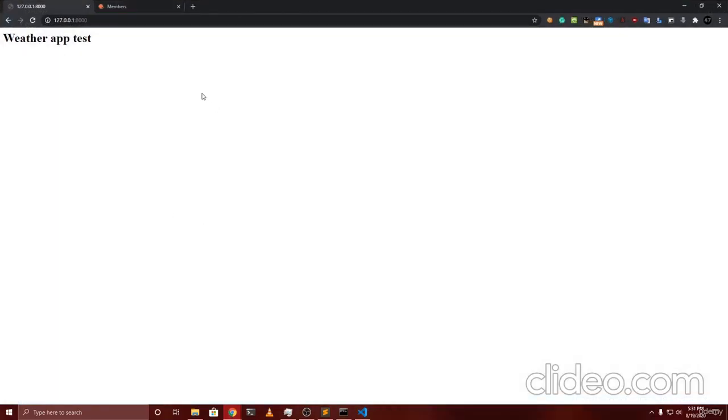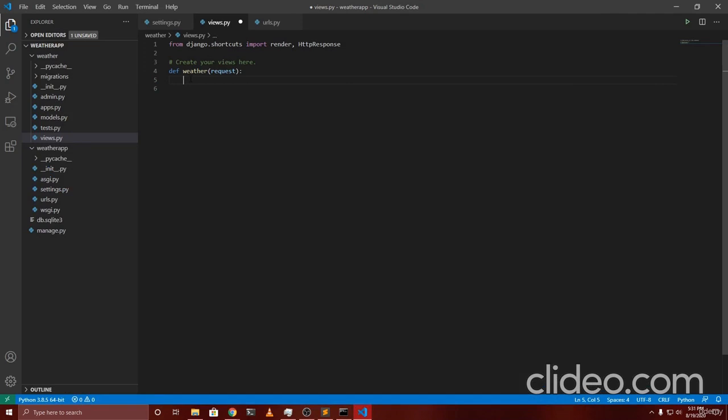For it, we also need to create an input box that will contain the name of the city, as well as we need to add a search button onto our front end. After clicking on the search button, the name of the city should go to the back end, and it should be added into the function and searched for. So in the views.py file, first of all, what we are going to be doing is